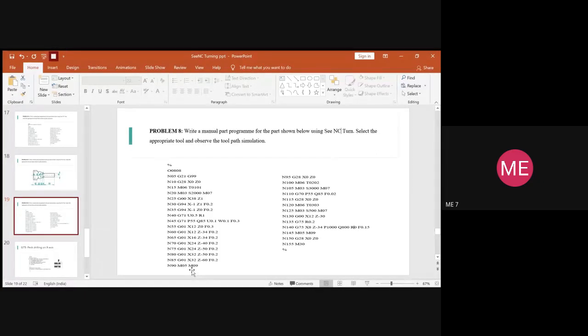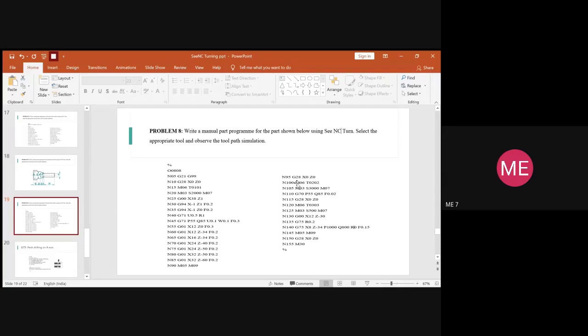So after that, what is our next step? Always we have to send the tool to the home position. So we'll send the tool to home position. After it is in a home position, you will switch on for tool change. So M06 you will type and you will select the smooth turning operation tool. So tool number will be 2 and offset number will also be 2.